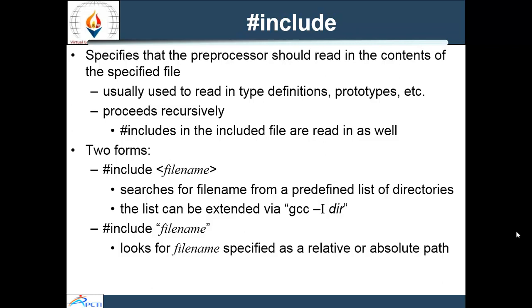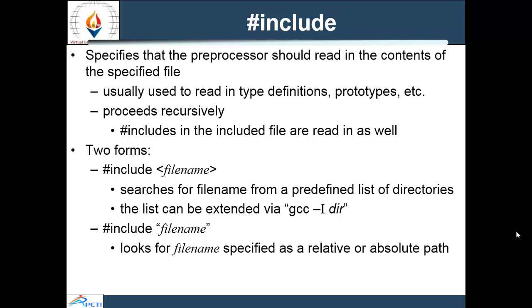The difference between these is the location where the preprocessor begins searching for the file to be included. If the file name is enclosed in quotes, the preprocessor starts searching in the same directory as the file being compiled. But if the file name is enclosed in angle brackets, used for standard library headers, the search is performed in an implementation dependent manner, normally through pre-designated compiler and system directories.